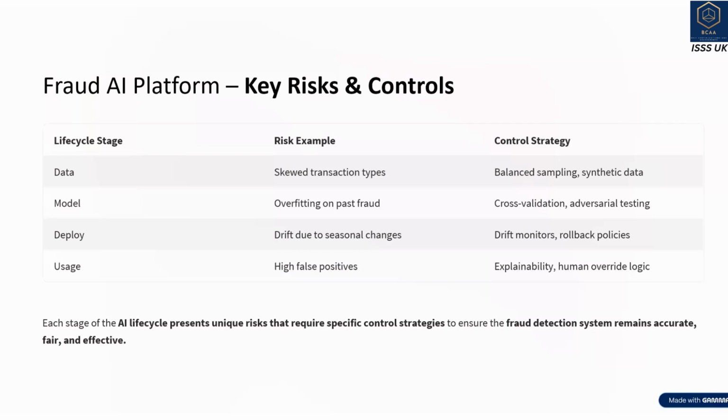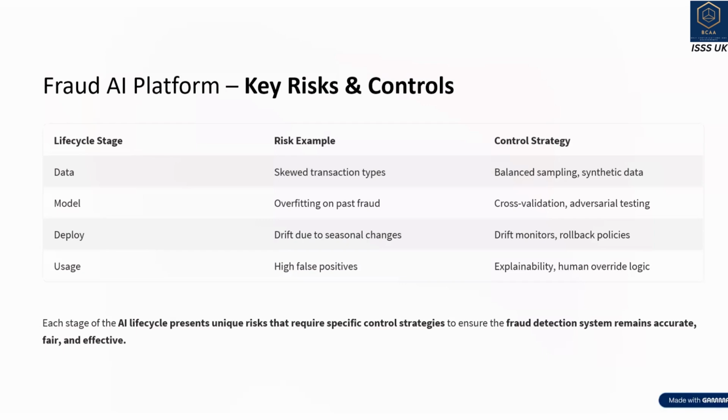Same goes for modeling, right? Overfitting on past frauds. So past frauds, identifying the patterns, and then taking action: cross validation or adversarial testing. Look into the adversarial solution: try to create a fraudulent system and prepare your model so that at the outcome you should not have this kind of fraud transactions, right? So these are the strategies.